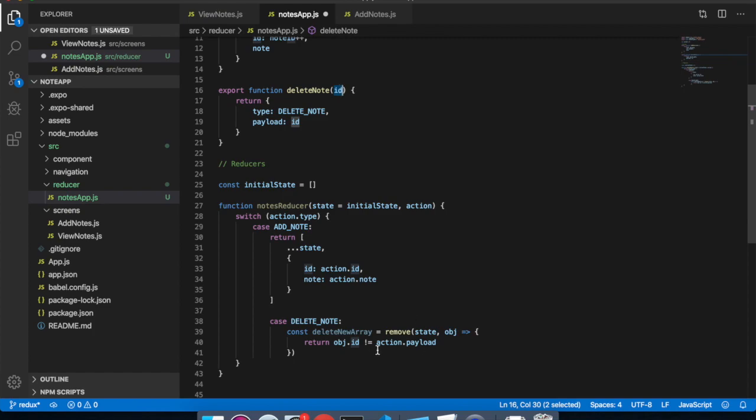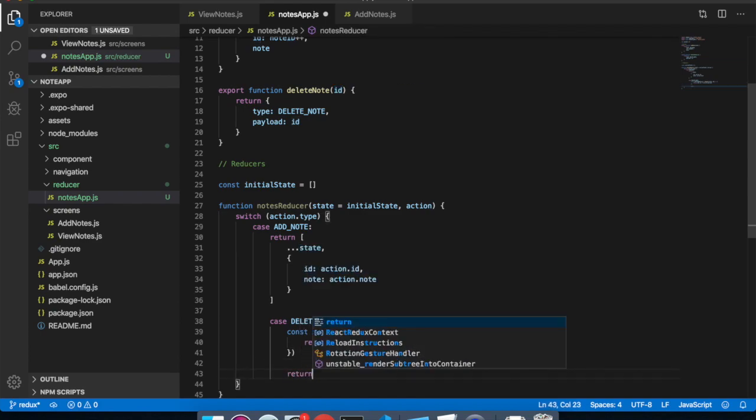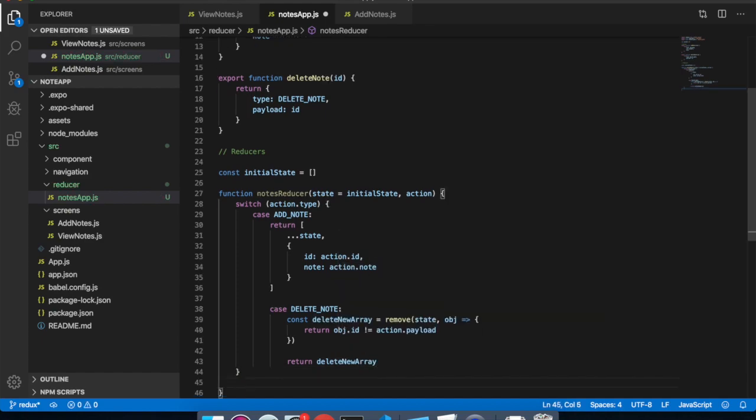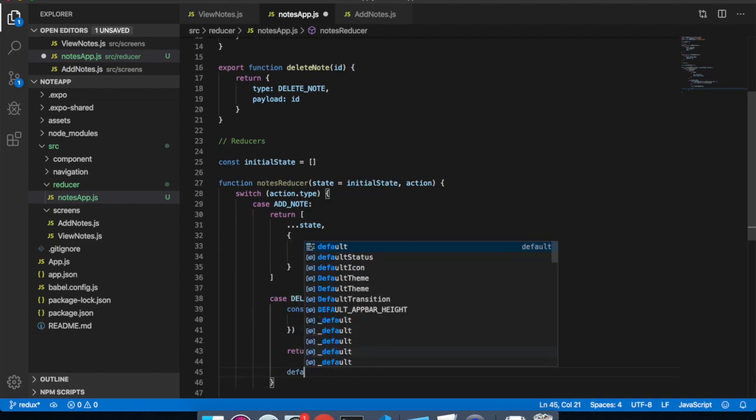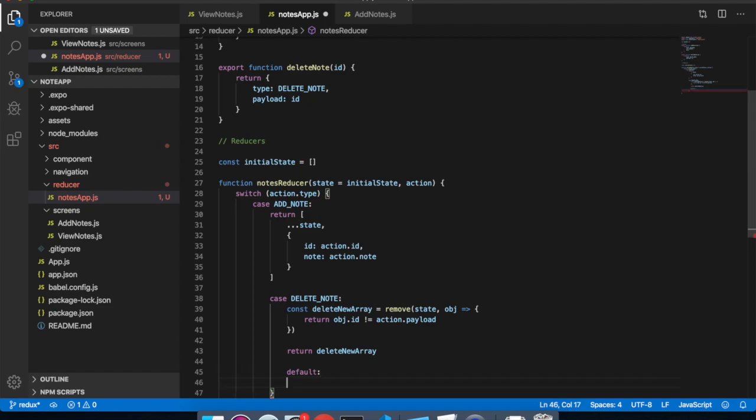So other than that, return all the array, all the notes array. Right, return delete new array, then default return state,